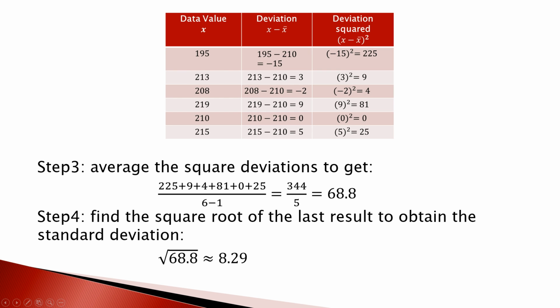That means we can expect ticket prices to be very close to each other. And that's true. Look at the ticket prices. The maximum one is 219, okay? And the minimum one is 195, okay? So they are not that much different from each other, okay? So that's how we interpret the